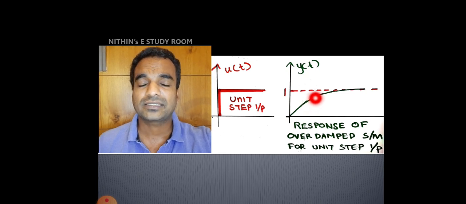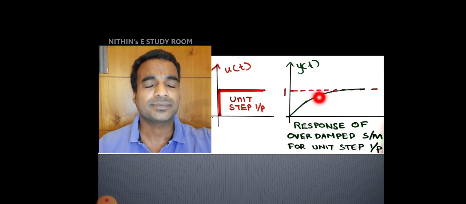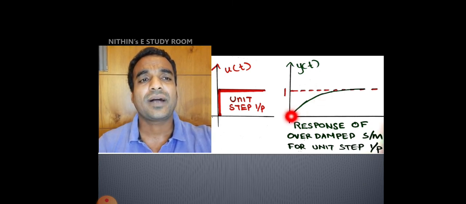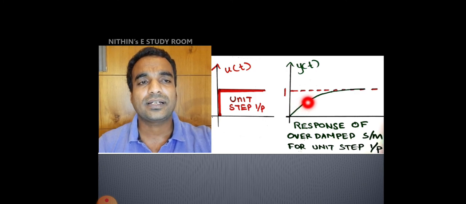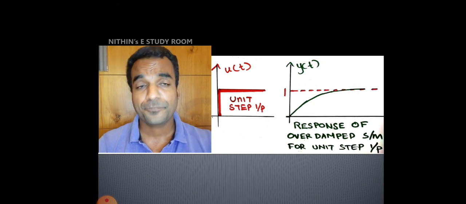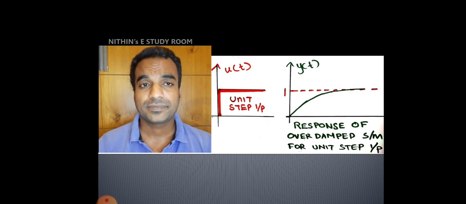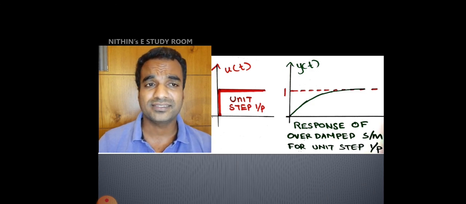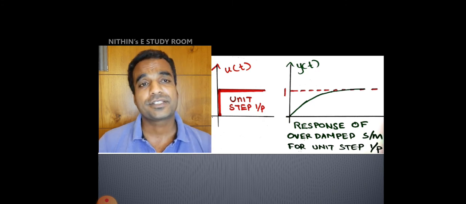I will explain such terms later. Rising time, delay time, such things are there. We will explain in the next class. Anyhow, it is taking a long time to increase to some percentage of the final value. Suppose this is 0.5. It is taking a long time to reach 0.5, and it will touch the final value with the same high delay. The delay will be high, so it will take a long time for reaching the final steady state value. This is the response of an overdamped system for unit step input.